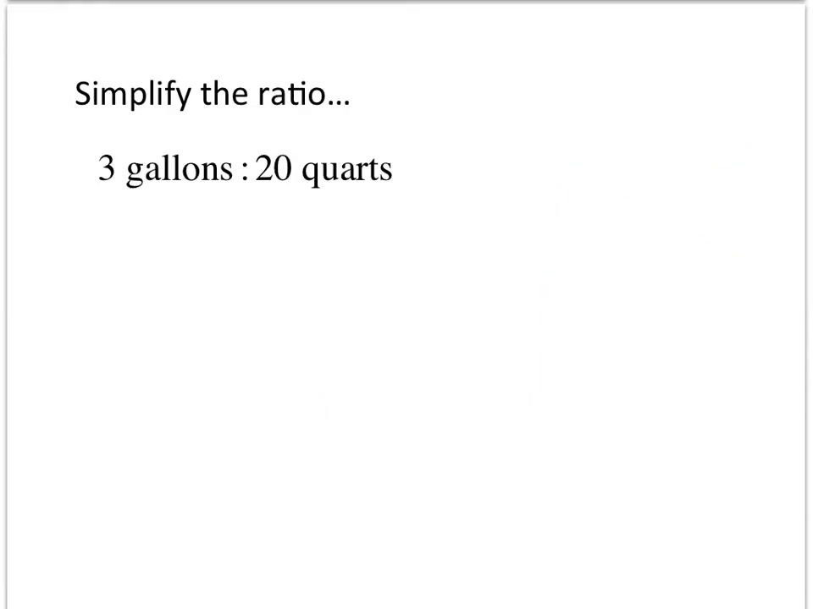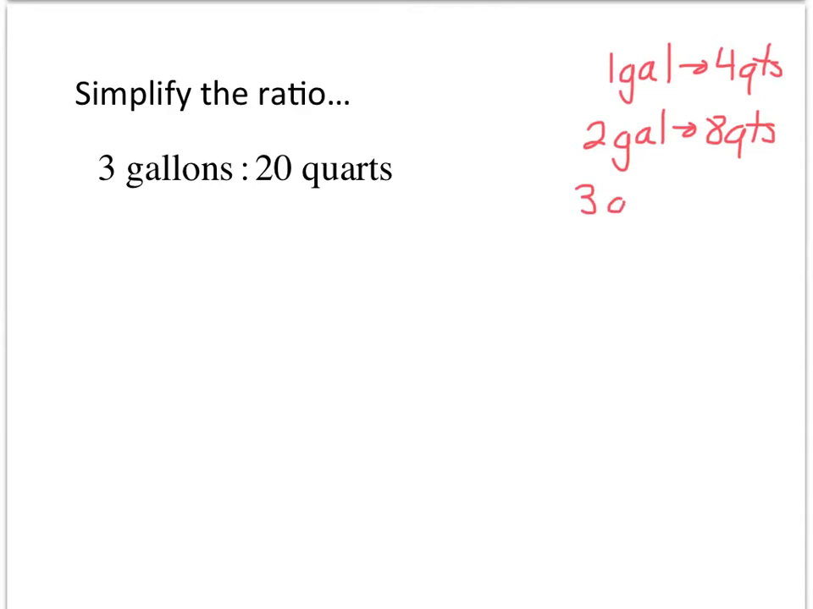Now here's a final example, 3 gallons to 20 quarts. If you remember, there are 4 quarts in a gallon, so I can again look for the pattern here. If I have 1 gallon, that means I have 4 quarts. That means that 2 gallons would be 8 quarts. And also that 3 gallons, which is what I have in this example,